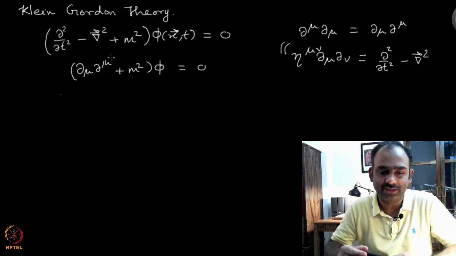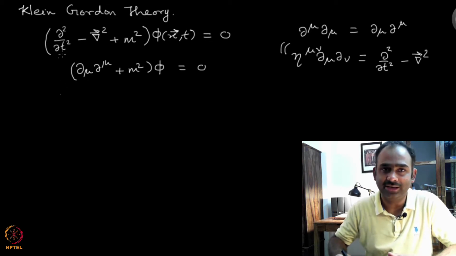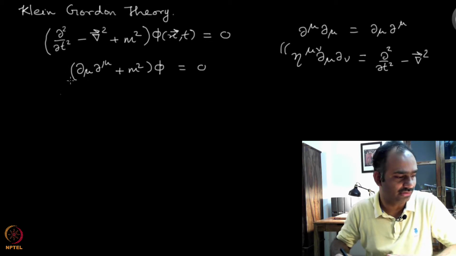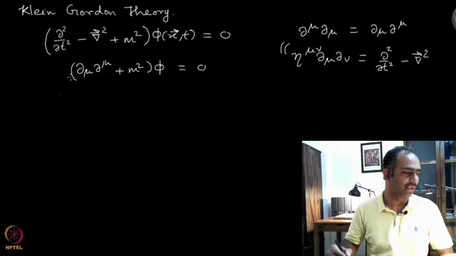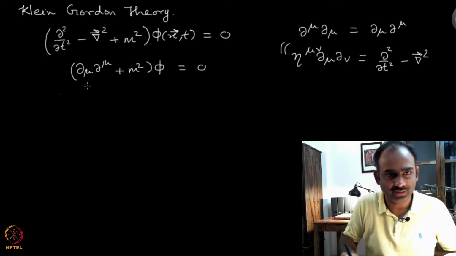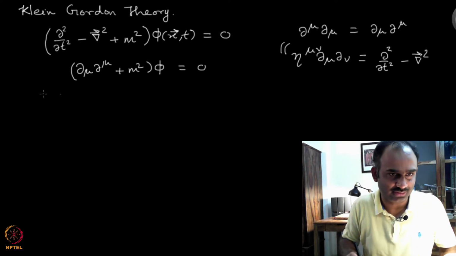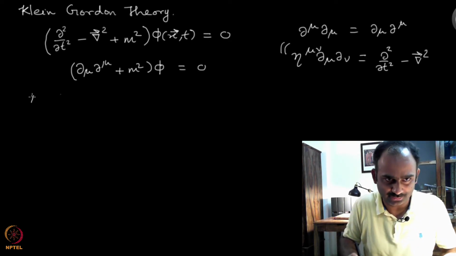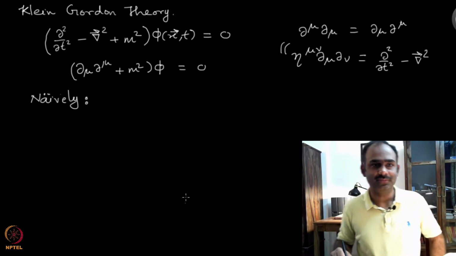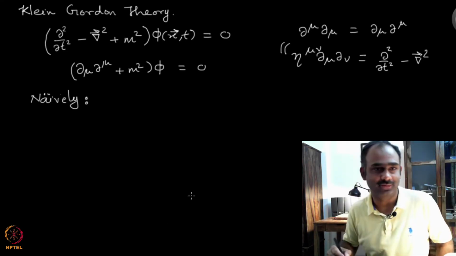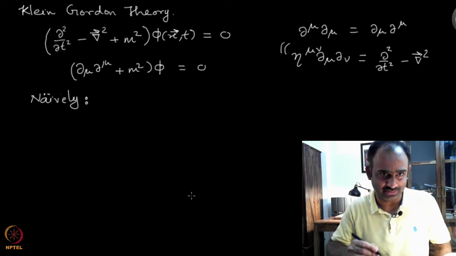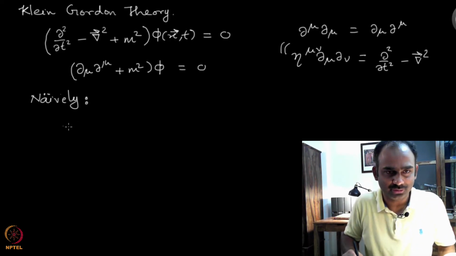Now, like we did for the case of Schrödinger theory, we would like to write down the action which will give the Klein-Gordon equations of motion. So, we want to construct that action, and let us follow the procedure which we adopted last time. First I am going to do it very naively without paying much attention. Of course, I am going to make a mistake, which I will tell you what that mistake is. So, let me write down the action to be the following.